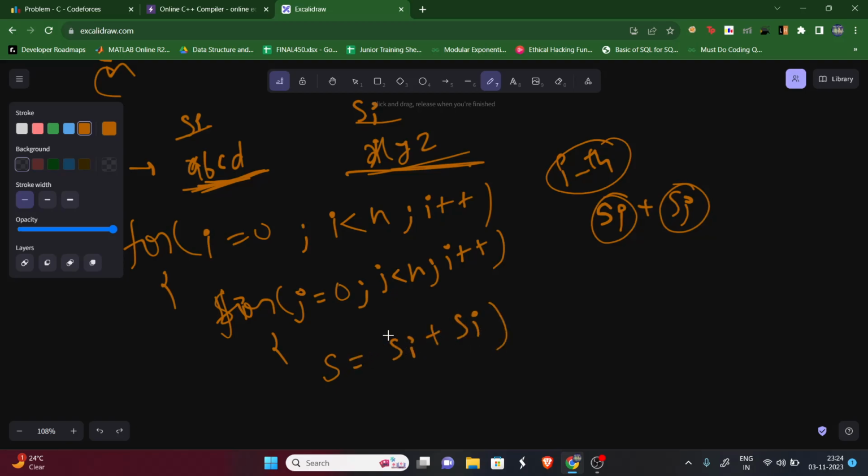plus s of j. We will just do one thing, that we will simply ignore the condition. If i is not equal to j, then only we'll check this. For this condition, we can simply add n later. Okay, so for the brute force approach, what we can do is, we can simply make our new ticket number